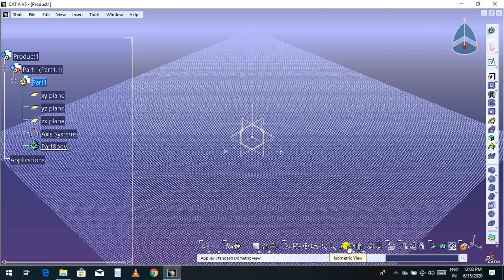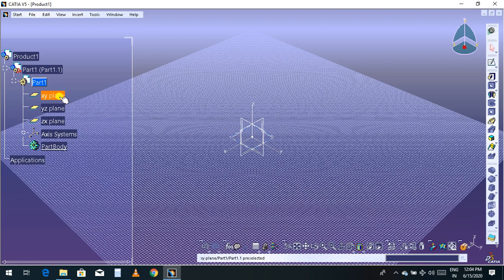The command name is called the scaling feature. You can change the ratio 1 is to 2, 2 is to 3, it depends on you, or half of the total part. You can say it increases or decreases the shape of the part or a sketch, so that is called a scaling feature. Now I'm going to sketch some part in a 3D model, then I will apply this scaling feature.